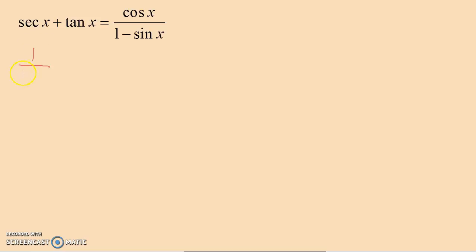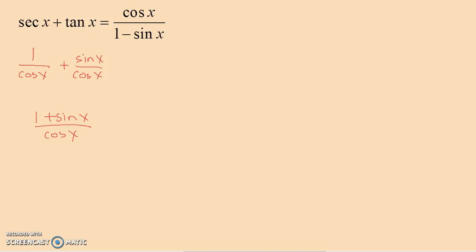Secant is 1 over cosine of x. Tangent is sine of x over cosine of x. Oh wow, I already have a common denominator. Why don't I just go ahead and multiply these together? So that's 1 plus sine of x over cosine of x. Okay, that's not exactly what I'm looking for, but I'm going to stop on the left-hand side right there,